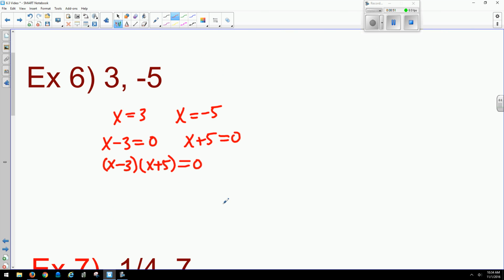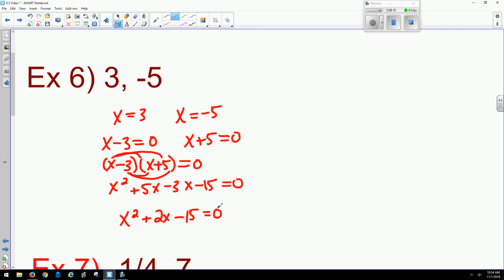So I'm going to go ahead and use double distributive. And so I'm going to get x squared plus 5x minus 3x minus 15 equals 0. And so the answer to this type of question, go ahead and combine like terms here. This is the corresponding quadratic equation